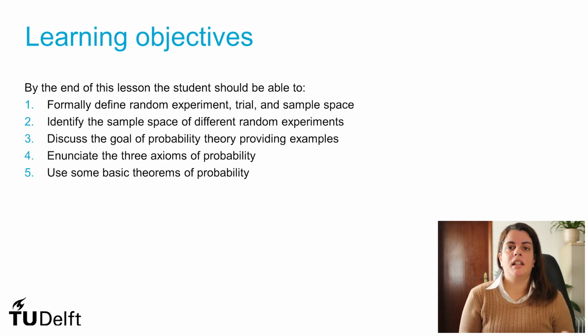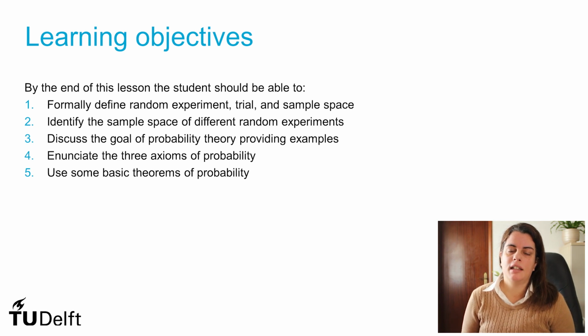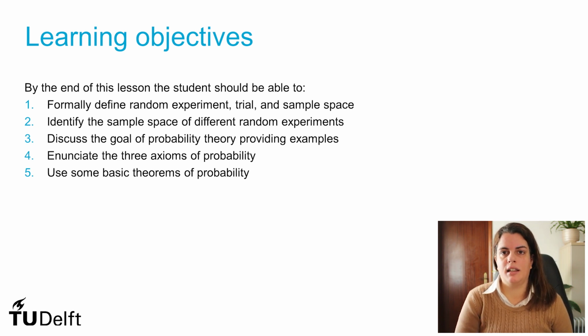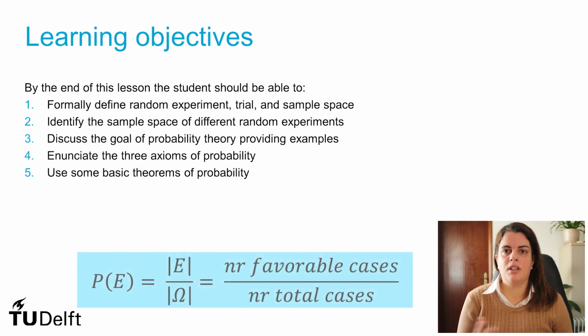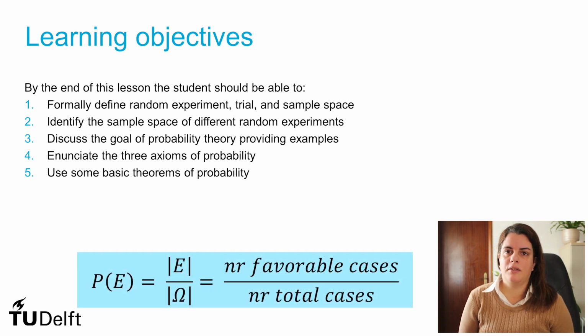So these are the learning objectives for today. Today we interconnected concepts from set theory with probability theory, and we have seen why it's so important to know set theory to actually handle probabilities, because probabilities talk the language of sets. Probabilities are always calculated for sets. And perhaps the most important thing that we have talked about is how to calculate the probability of a certain event, being the cardinality of the event over the cardinality of the sample space.